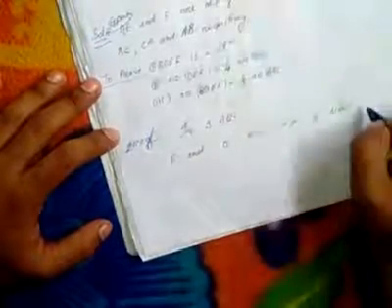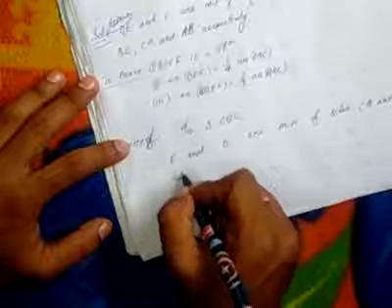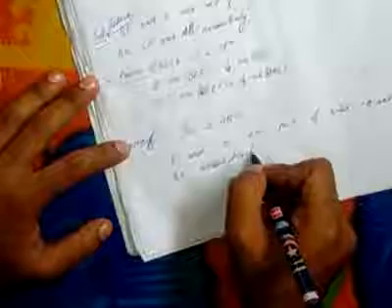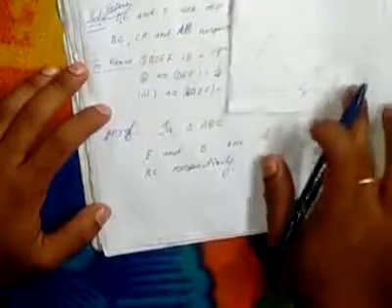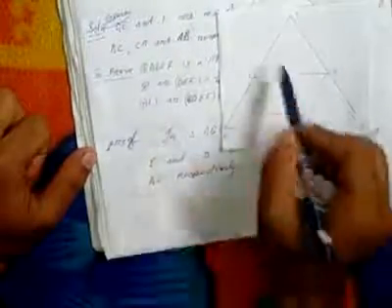CA and BC respectively. Okay, so you can write this one. I'll show you here. E and D are the midpoints of the sides CA and BC. These are the sides, and the midpoints will be E and D.